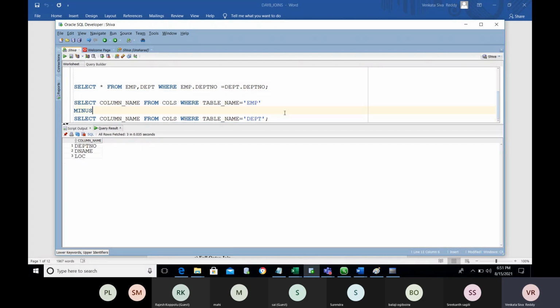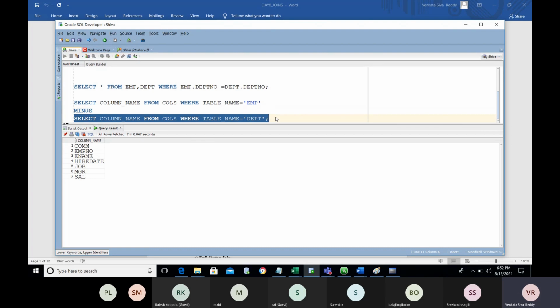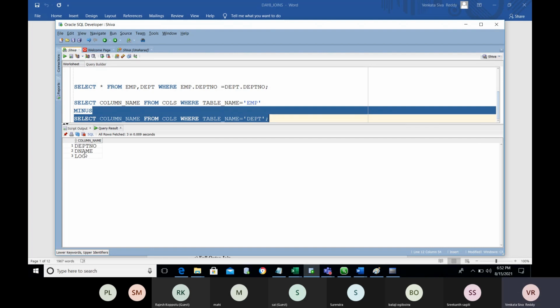Now I am going to use the MINUS operator here. If I use the minus, how many columns are we getting here? 7 out of 8, because there is a common column, right? The common values in both sets will be removed from set 1 and the remaining values displayed. There is a DEPT number already in this set of 8. I removed that and I am going to display the result.